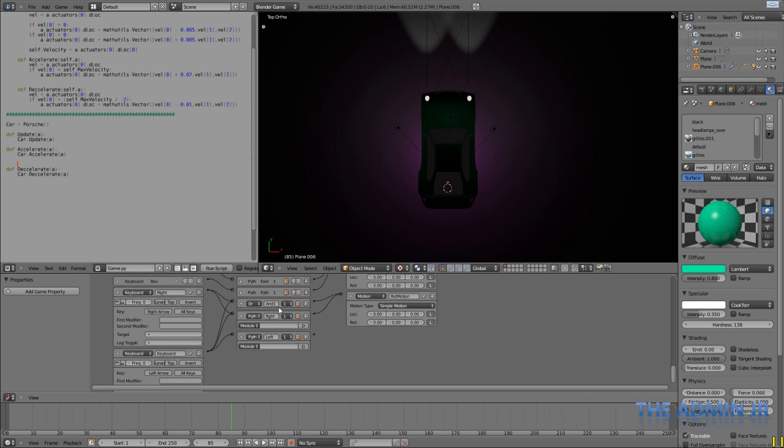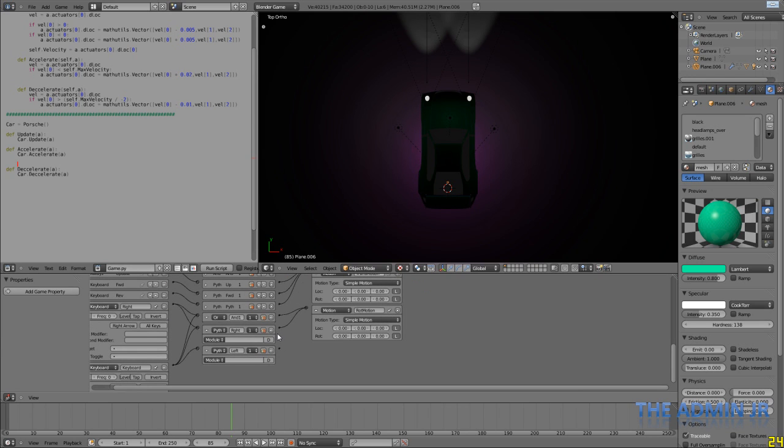There you go. They're a bit fiddly to connect. Alright, now the actual scripting for this is going to be a little bit more complicated, because of course before we were just moving, we were just accelerating and decelerating, and that was really affecting the acceleration, which was then being applied to the velocity,